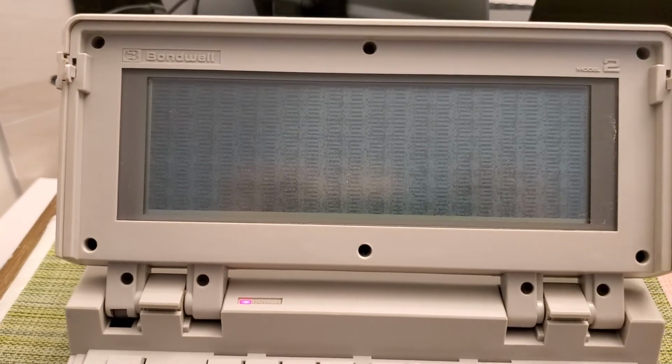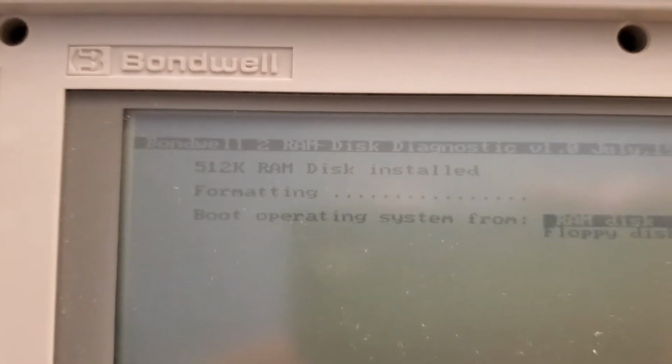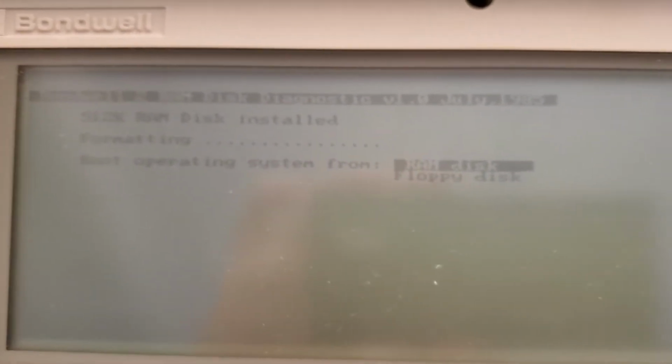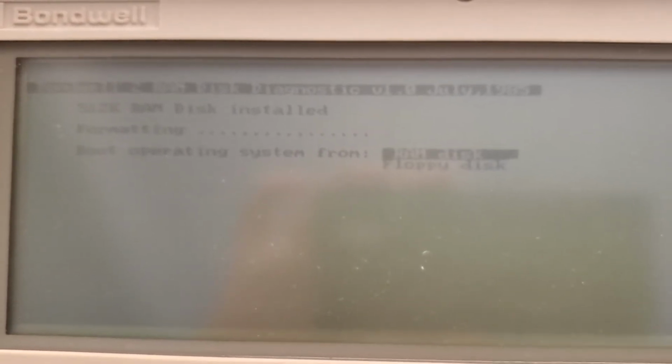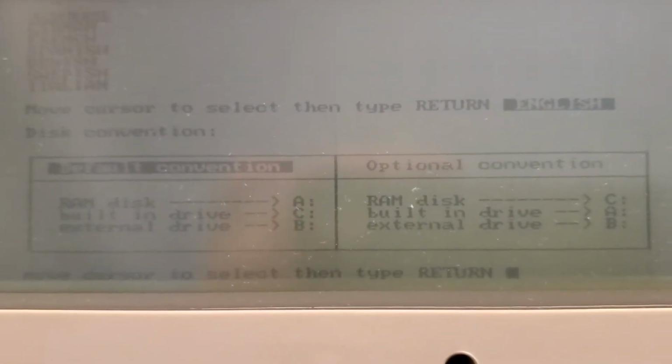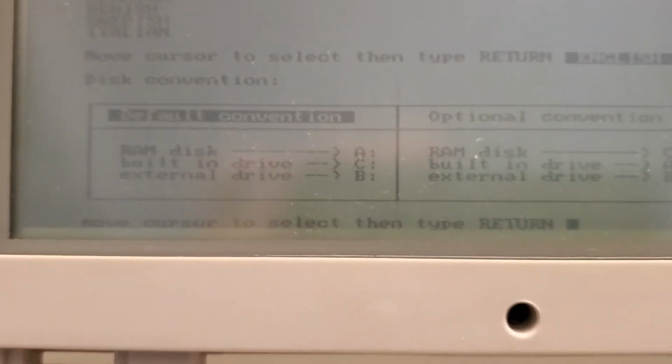And when you boot it, this one is equipped with a 512K RAM card. So it's booting from the RAM card, and you either choose to load the system from the RAM or ROM, right? Or from the floppy disk. In this case, let's load from RAM disk, and you choose the language. After comes the configuration. If you want the RAM disk to be A or to be C, depends how you want to work on it. Let's put on C,